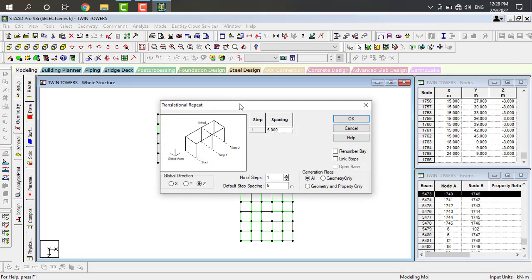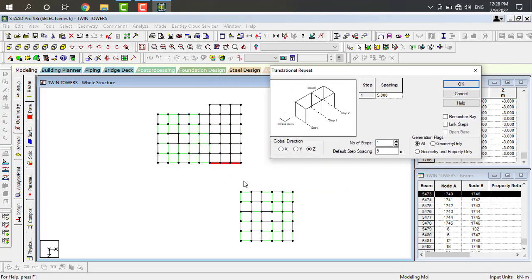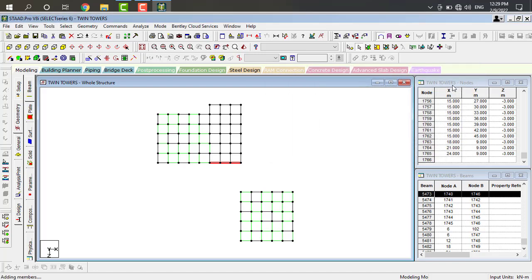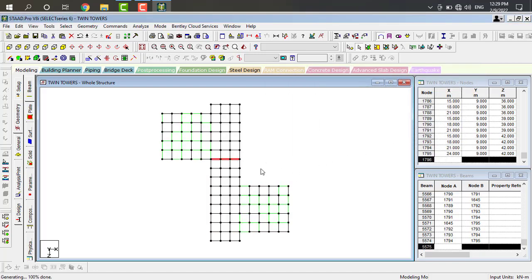The number of steps: here we have 2 steps, here we have 6 and 1, total 9 steps. Give here 9 and give the spacing as 3. Click on link steps option and click on OK. It will be like this.